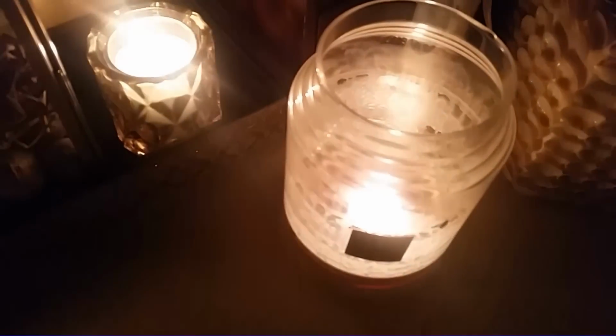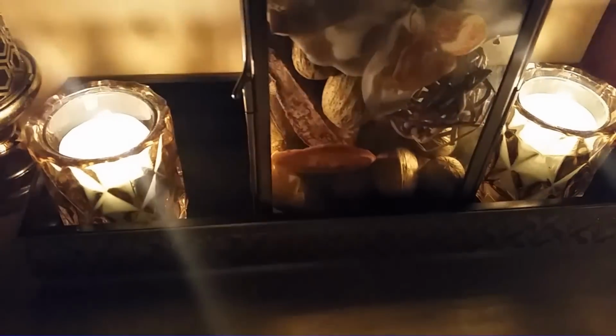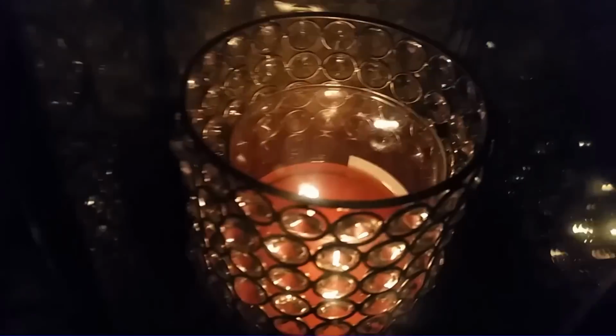The scent itself I like. It is kind of a dirty, gritty patchouli, but the ginger balances and tones it out. One thing I don't like about the root candles is how they leave residue on the jar. I'm just not a fan of that, but I guess it is what it is. And then in my votive holders, I just have some votives in Early Sunrise. Then over here in my lantern, this is where I had my ginger patchouli,